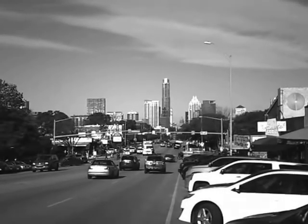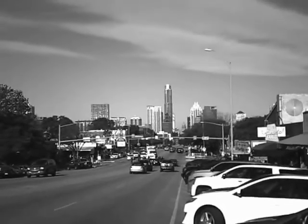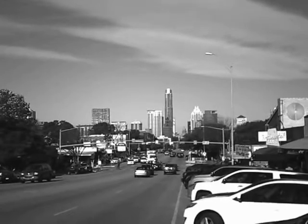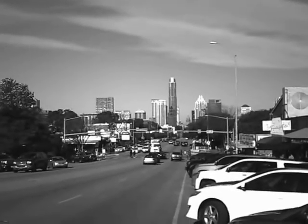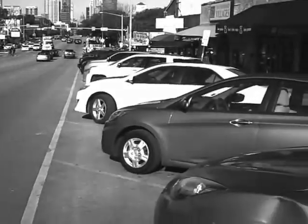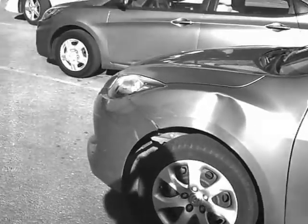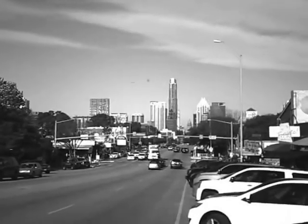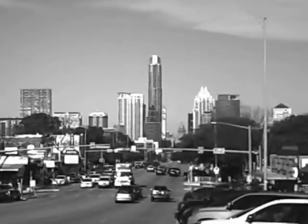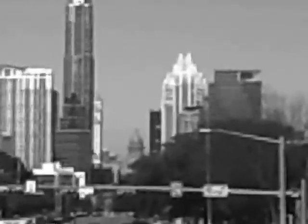Looking toward the Capitol. Could try to zoom in here. I think this is digital zoom. No, it's not. I think that's, I'm not sure what that is. I think this is digital zoom. Yes. It's zoomed in all the way